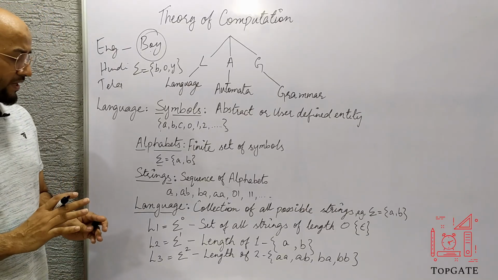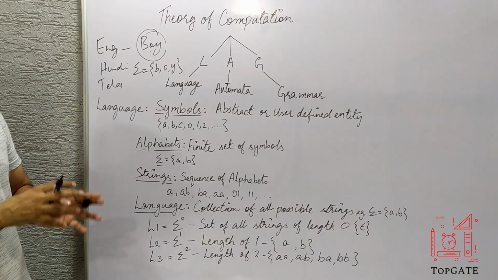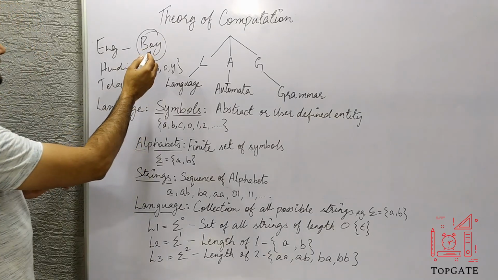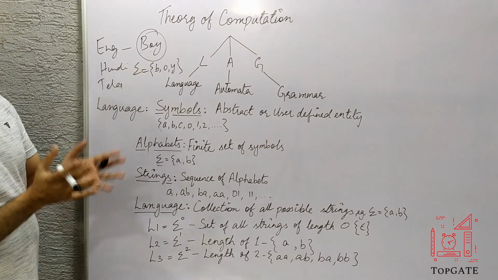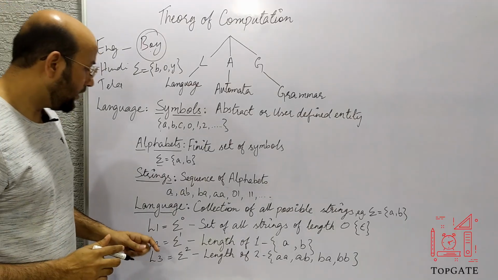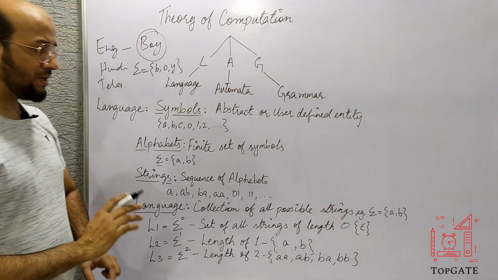So in the English language, there can be n number of words. All those words, that collection of all possible strings, will be called a language. Whatever words are possible in the English language, I collect them together, and that will form a particular language. Now let's see, if sigma is equal to {A, B},